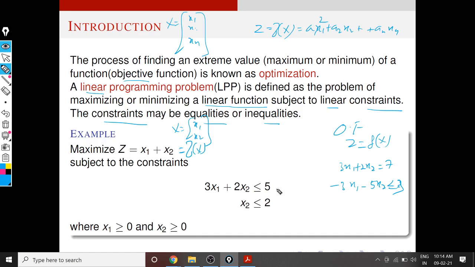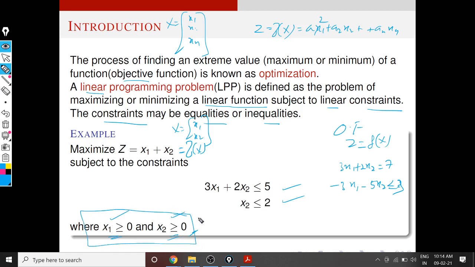So this is an example of LPP, and we have an extra condition where x1 is greater than or equal to 0 and x2 is also greater than or equal to 0. That means actually we have 4 constraints: first constraint, second constraint, third constraint, and fourth constraint. But these